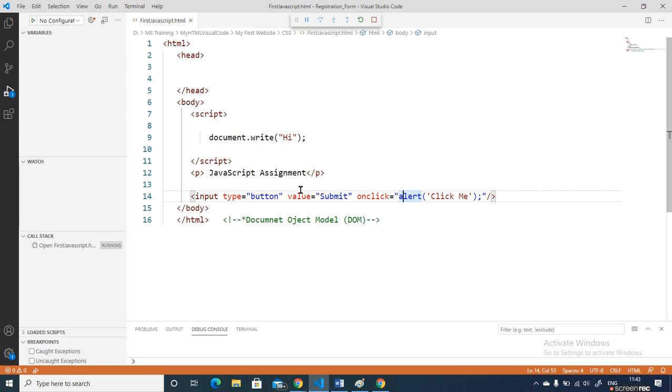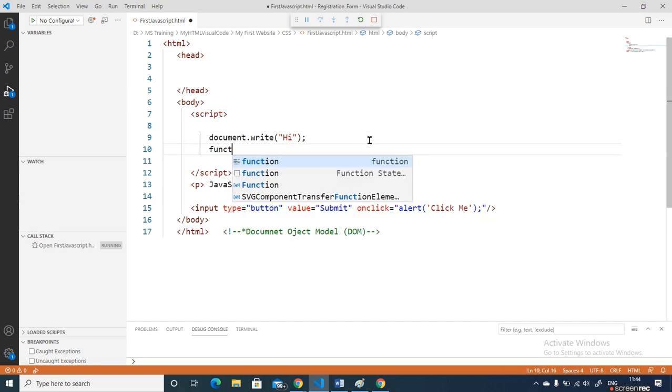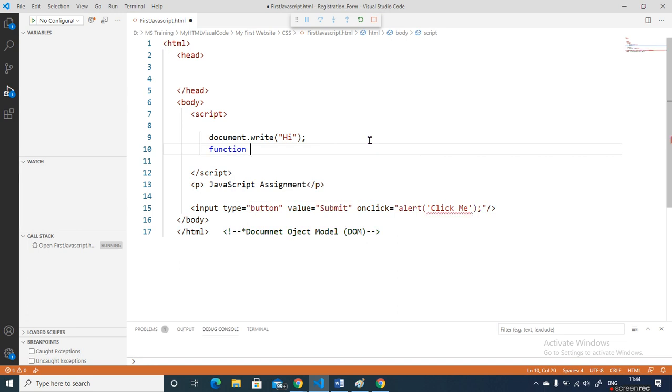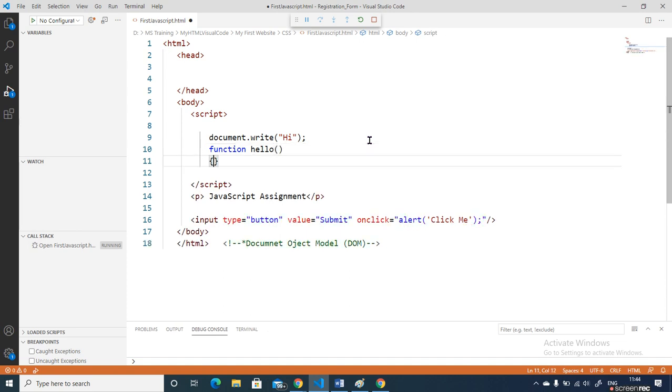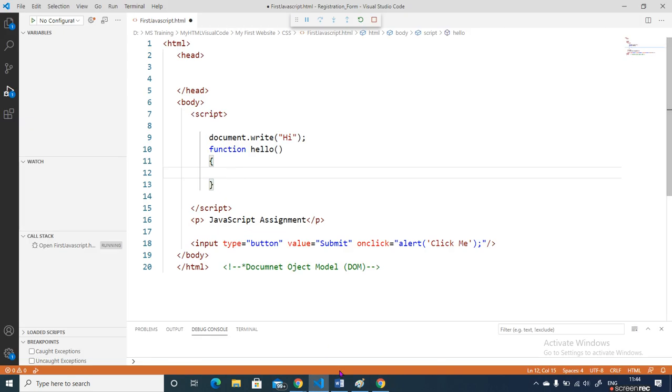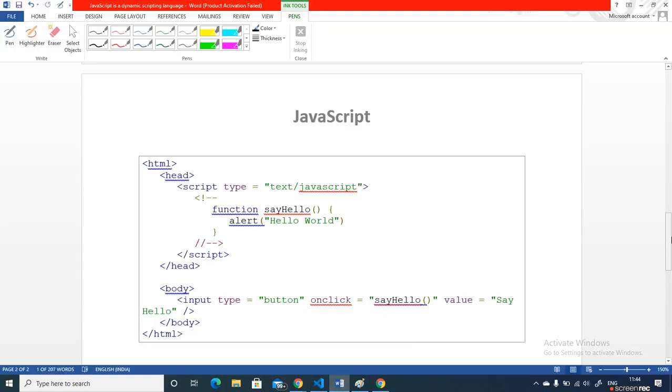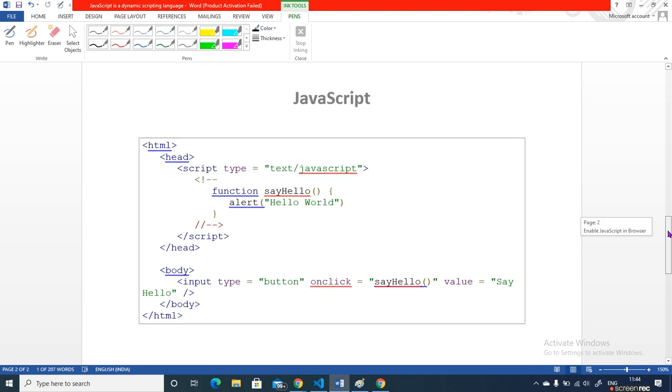We will learn how we can write JavaScript and how we can call functions which are written outside, in this script. If I write any function here, alert is there because alert is already defined. But now I will write a function, function sayHello. This is the function sayHello, and I go down. Let me show you these things.